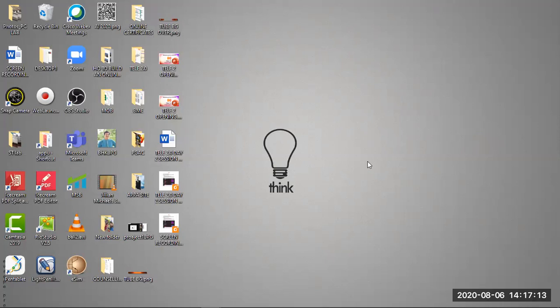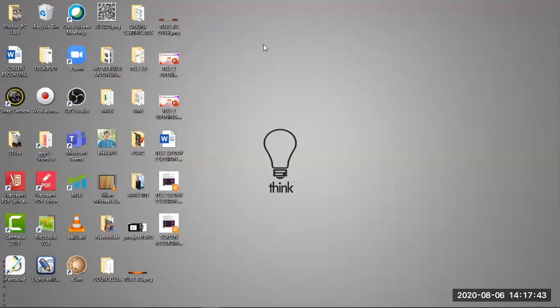One more question: how can we change the background in any apps? When we record video through OBS or Loom, can we change our background or not? Yes, you can change the background. In Zoom it is available as a default option, but for other software, we need to use additional software.